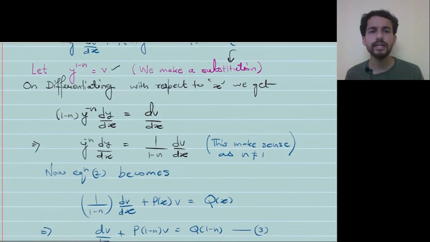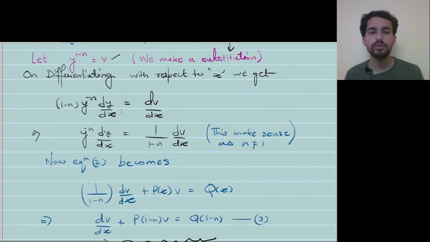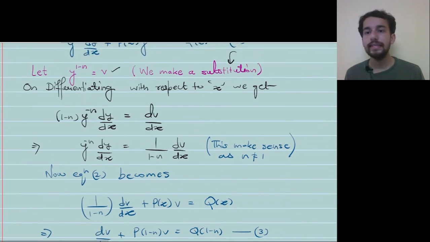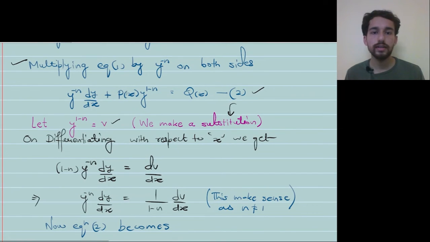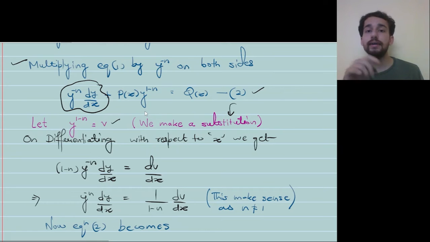You can easily do that using differentiation, you know how to do that. And after you differentiate this quantity in equation 2, this thing can be written in terms of v, like this, in terms of dv by dx. You can substitute that, and again